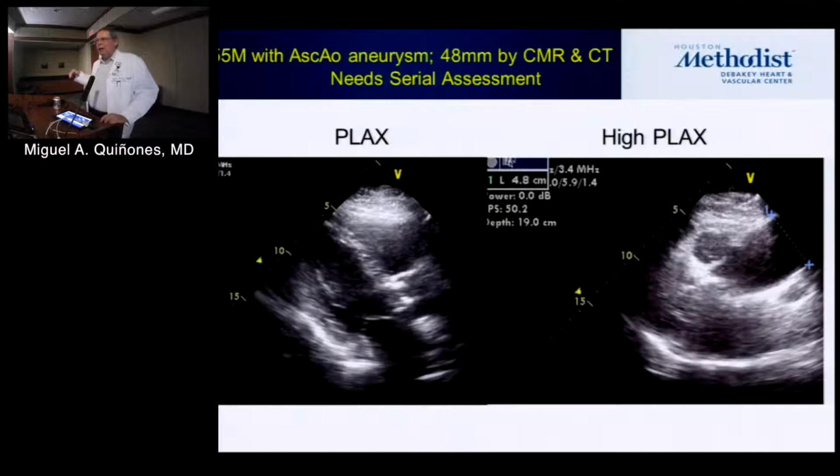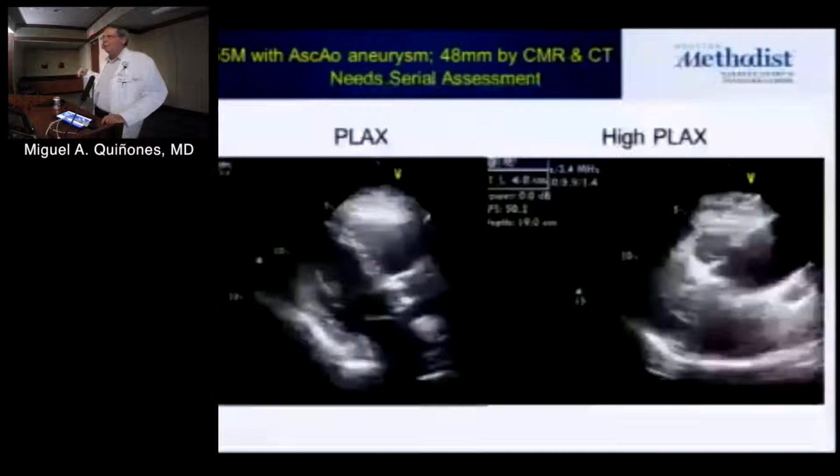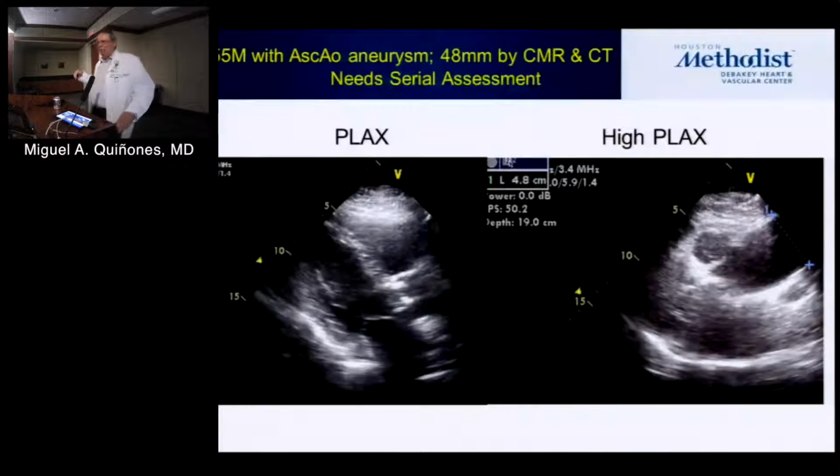And of course, Dr. Shah had him there for an hour and a half because he was doing a meticulous assessment of not only the aorta, but also the aortic valve and everything else. And so he pleaded with me to have an open MRI the next time, which he did, had one open MRI. And then we discovered that we could actually see his ascending aorta very nicely by the views I just told you. His last MRI was at 48 millimeters, and right here we can see exactly 48